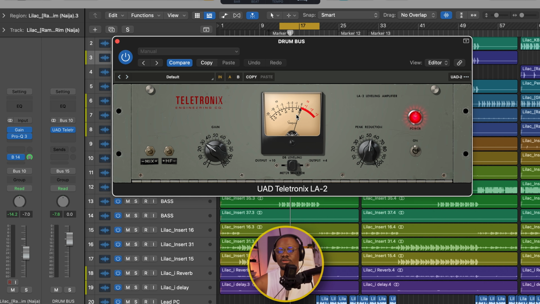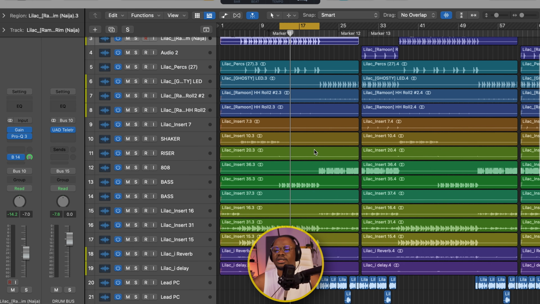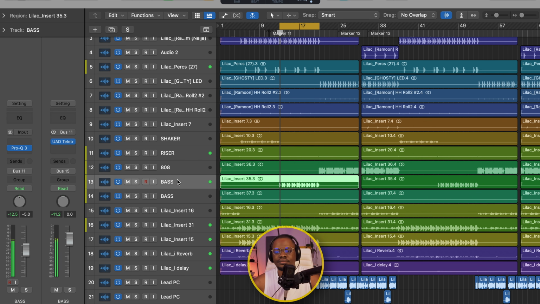The needle is barely moving, but you can already hear how it's making the drum sound thick. If you don't have a UAD version of this, you can actually just use CLA2A from Waves. Yeah, and that will give you the same result. And then for the bass,